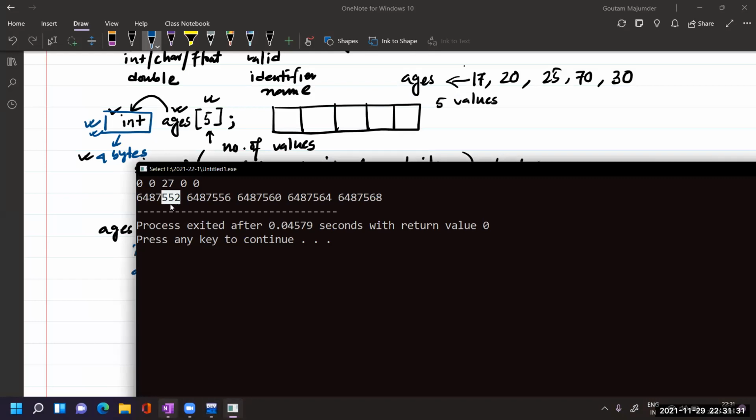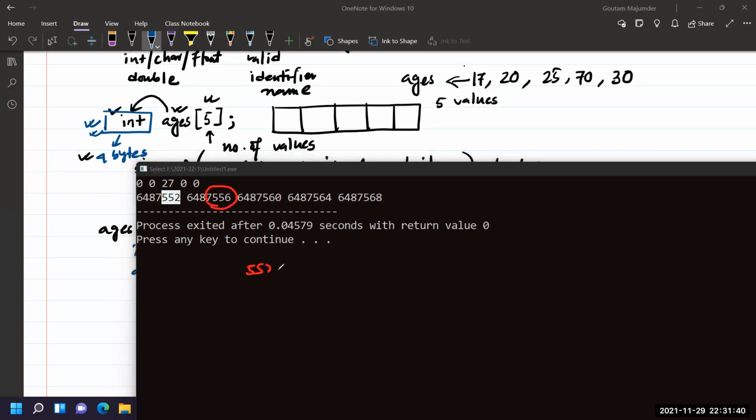So here the first address is 552. The second address will be 552 plus 4, 556. Then the third one will be 560. Fourth one will be 564. And the last one will be 568.